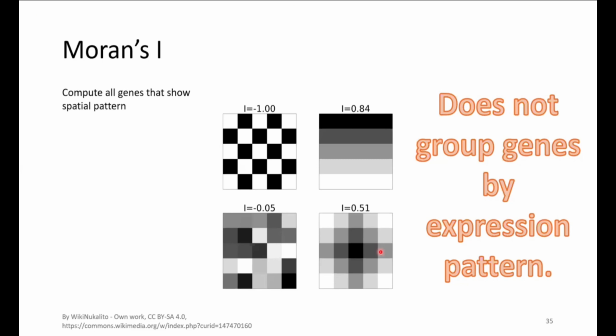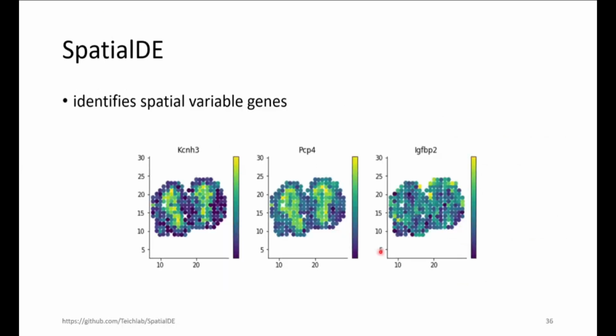There are dedicated tools. One of the tools is called Spatial DE, so Spatial Differential Expression, a dedicated tool developed by the Teichmann lab to identify spatially variable genes. And here it shows you some examples of some genes that show spatial patterns. And I think it's clear that they show some interesting spatial patterns. Some things here are expressed inside versus outside. I think that's some brain tissue. And what that does on